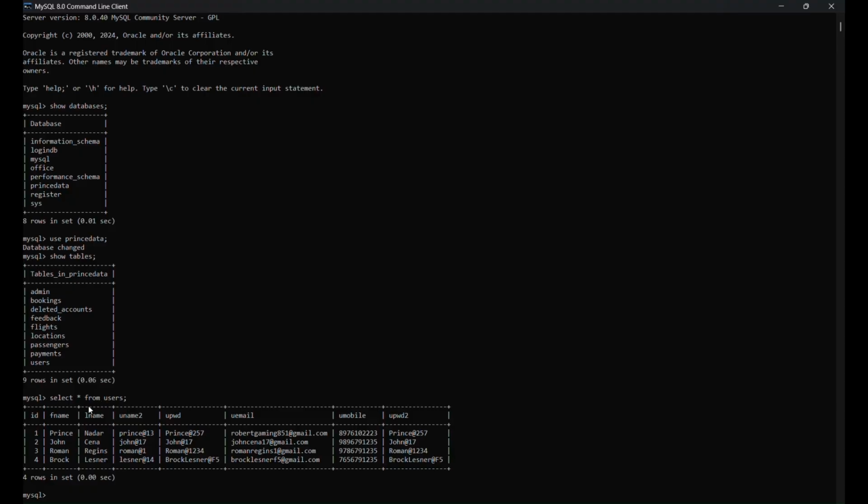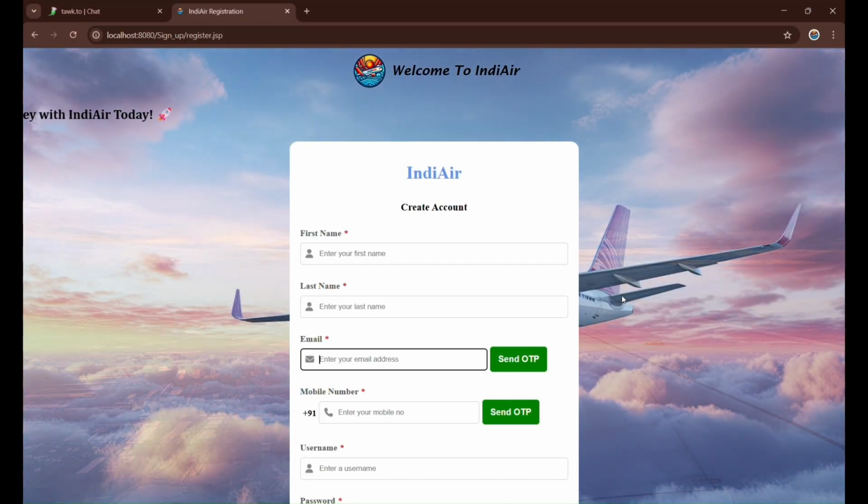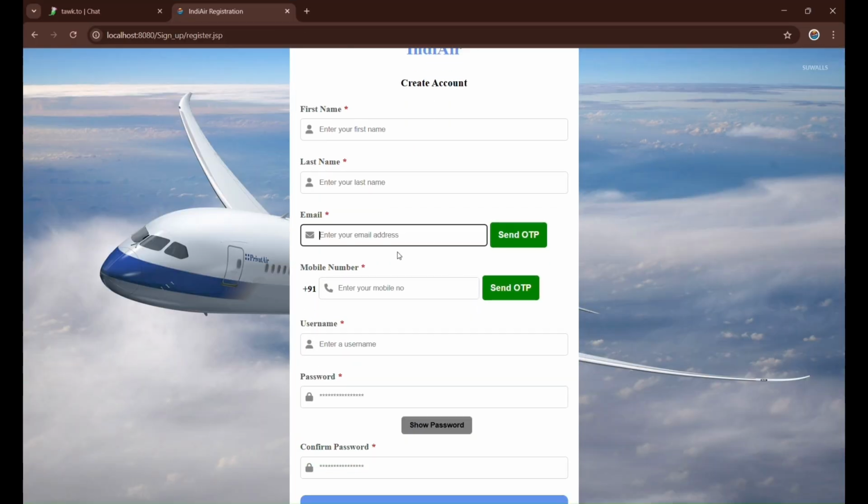Here we got the default users which I have inserted earlier. Now let's insert a new user. So let's go and register a user. Let's open this Chrome tab and let's